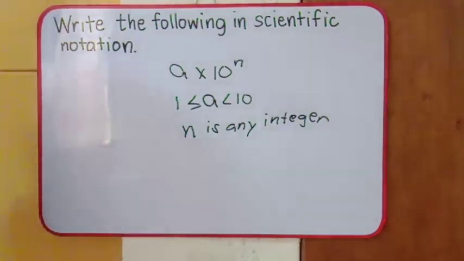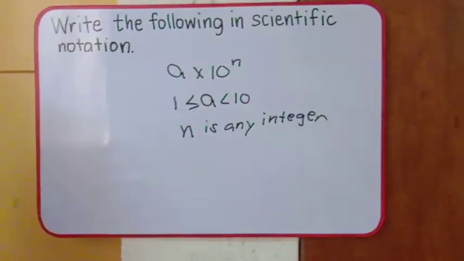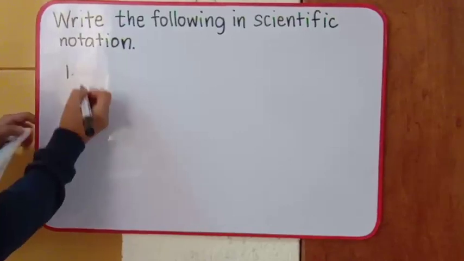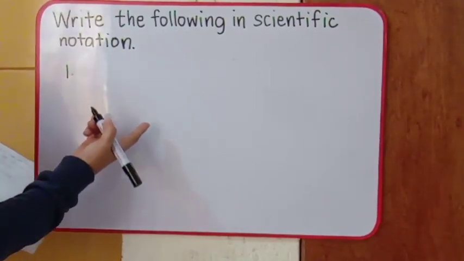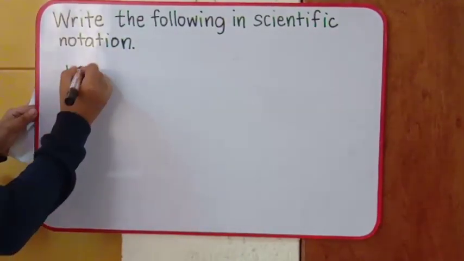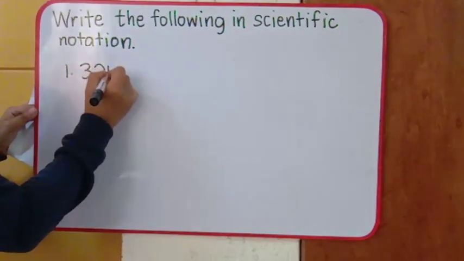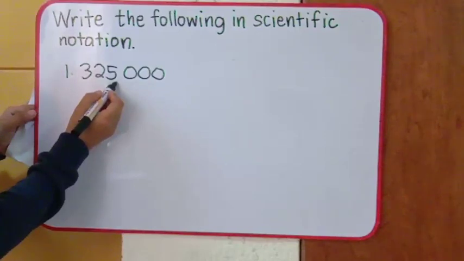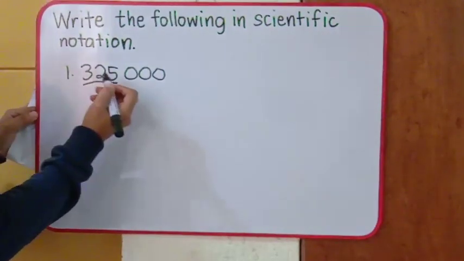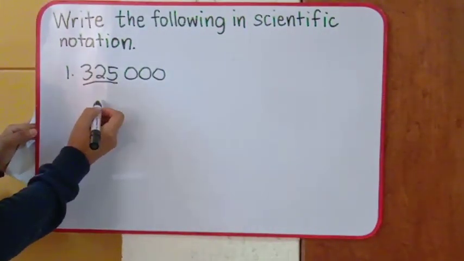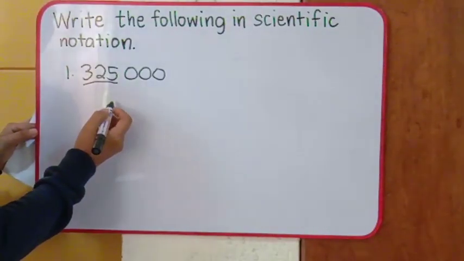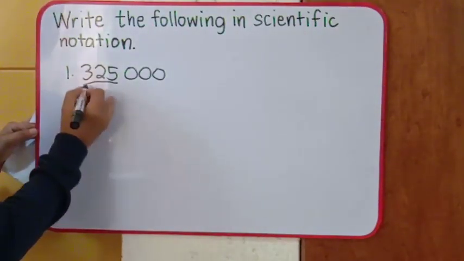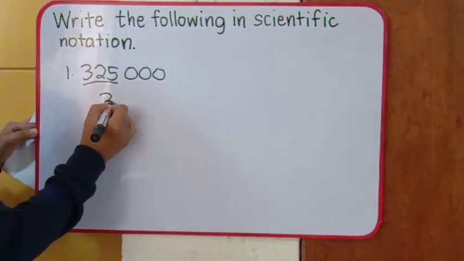Let us have example number 1. We are going to write the following numbers in scientific notation. Number 1, we have 325,000. These are the digits given in number 1. We will form the value of a, which must be greater than or equal to 1 but less than 10. So out of this number, we will have